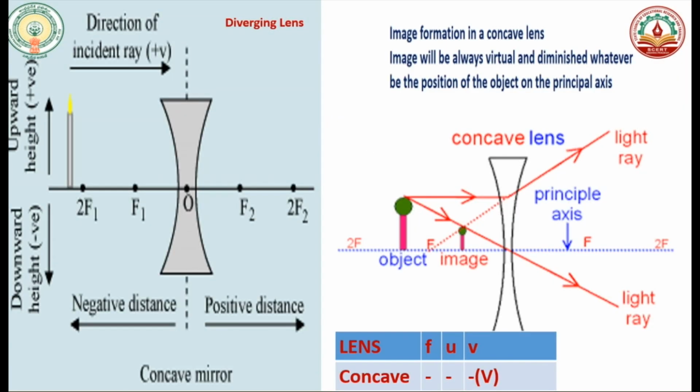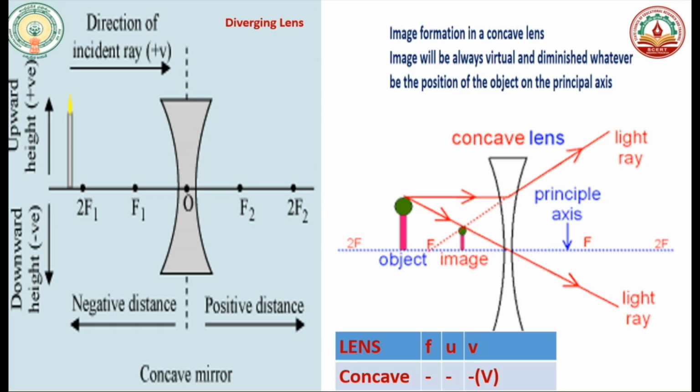If you see here, for the concave lens, again we are measuring O2f1. If you assume the object is at 2f1, we are measuring the object distance in the opposite direction of the incident ray. So object distance is negative, and we always get virtual images on the same side of the lens. So again, for a virtual image, object distance is negative, and also for the focal length, it appears to